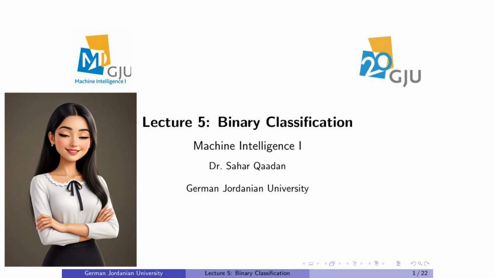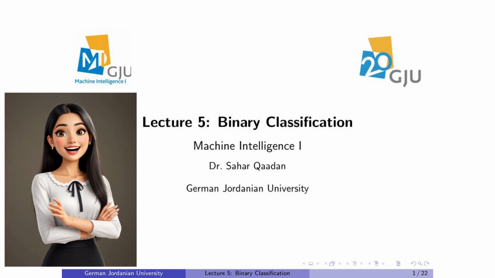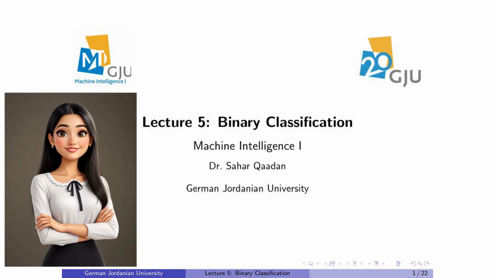Welcome to Lecture 5, Binary Classification in Machine Intelligence I. In this session, we'll learn how machines can classify data into two categories, for example, spam or not spam, setosa or non-setosa. Our main goals today are to understand how we move from linear regression to logistic regression, learn how probabilities are modeled using the sigmoid function, explore how we train the model using maximum likelihood and optimize it through gradient descent, recognize how the concepts of data, model, and optimizer fit together, and how we can customize each part